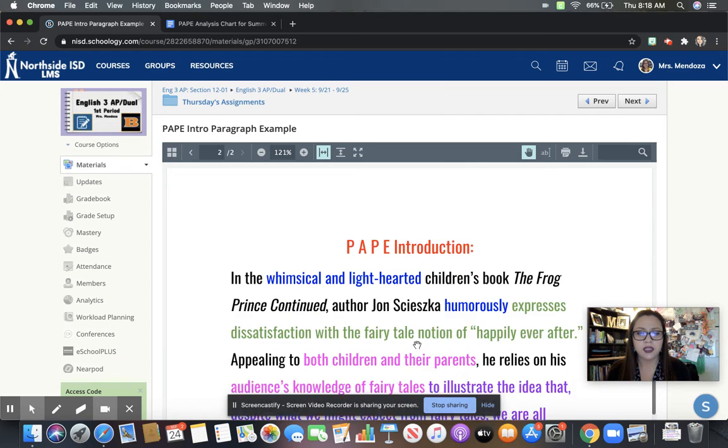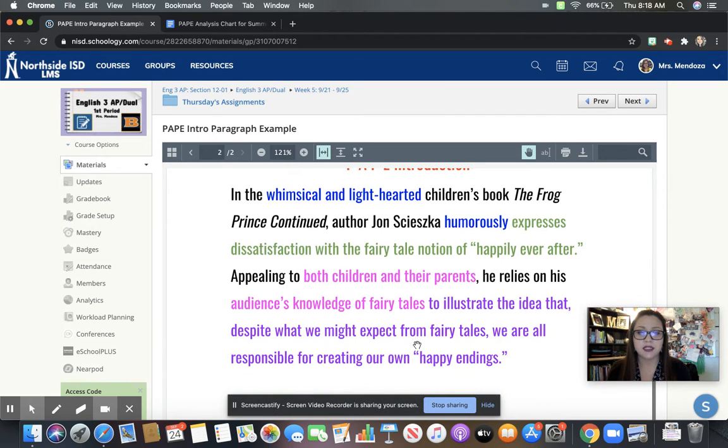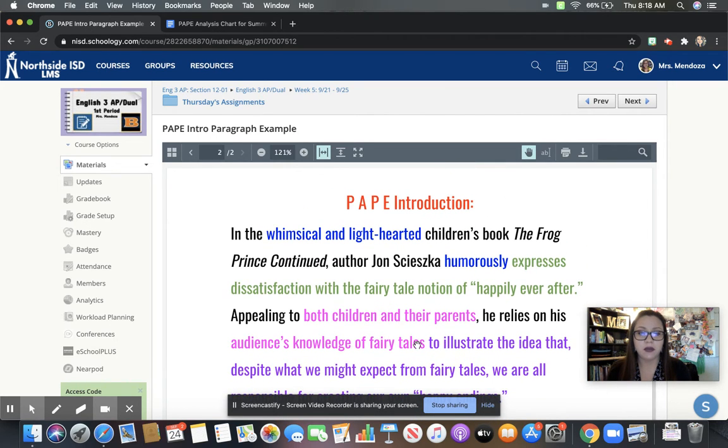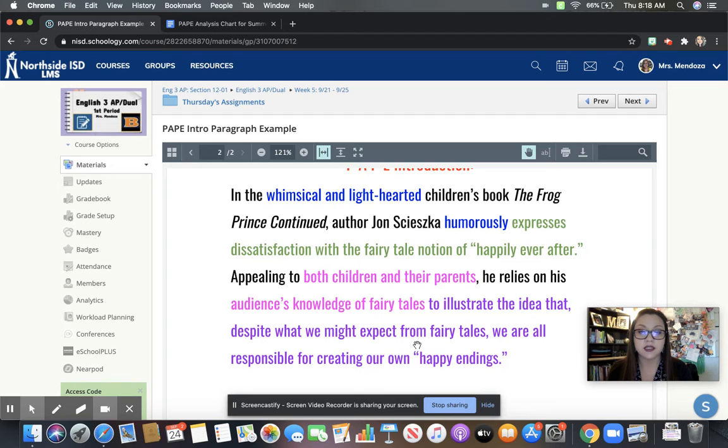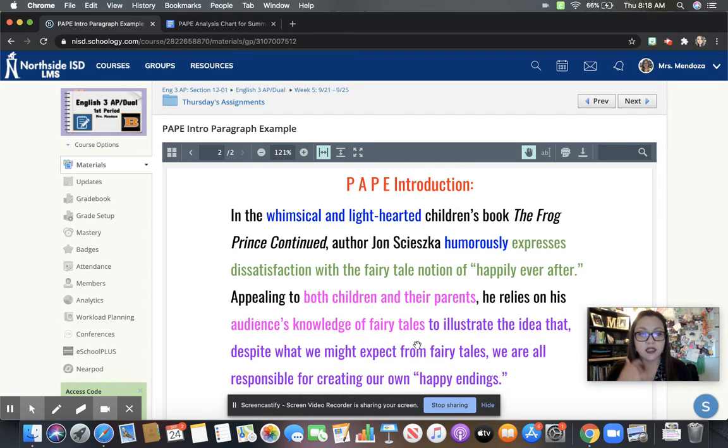And so here you'll notice in my introduction, I did the same thing. Now again, my organization is different. You can do however you want, as long as I see that all four elements of the rhetorical situation are addressed. So my introduction says, in the whimsical and lighthearted children's book, The Frog Prince Continued, author John Scieszka humorously